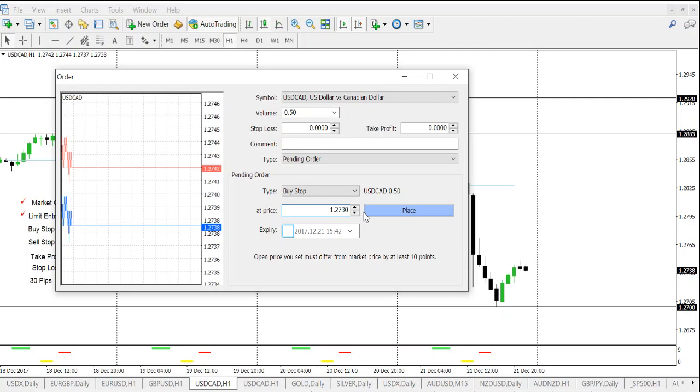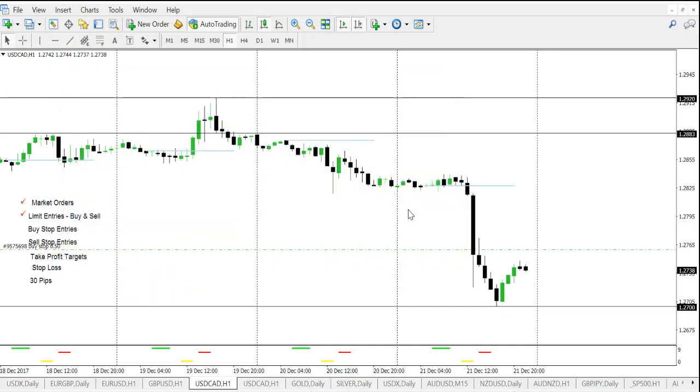Sometimes you need 30 pips on some of these in order to execute it when it's at the market. So 127.60 we'll call it. On some platforms it doesn't allow you to enter a limit order in when price is currently trading within a 10 to 20 pip level of what price is currently at. So that's why I had to just increase this here, and then you can click place